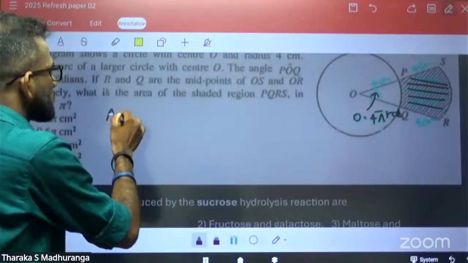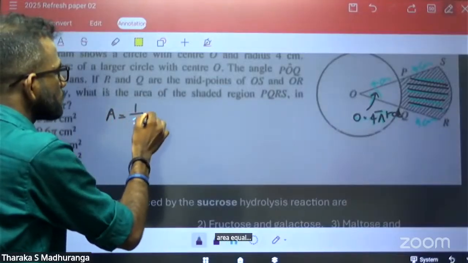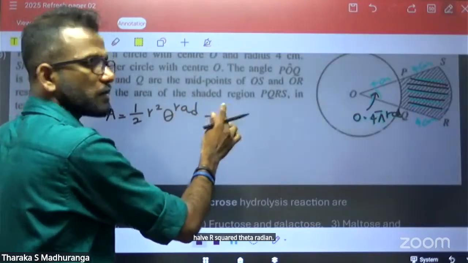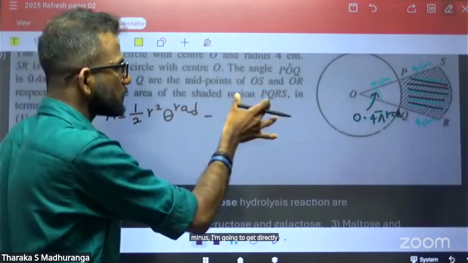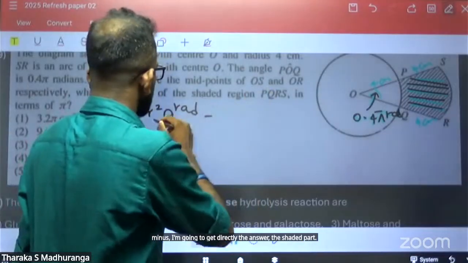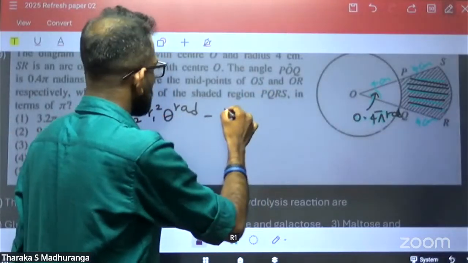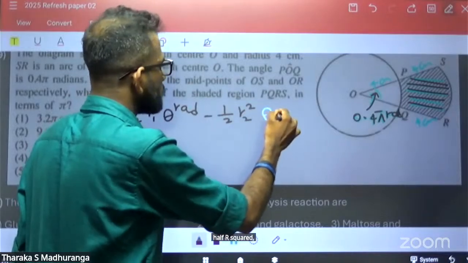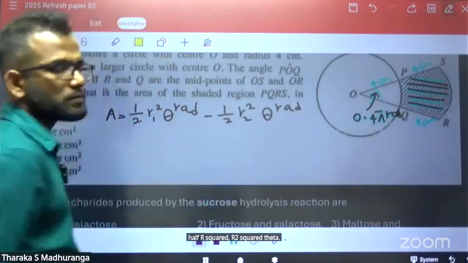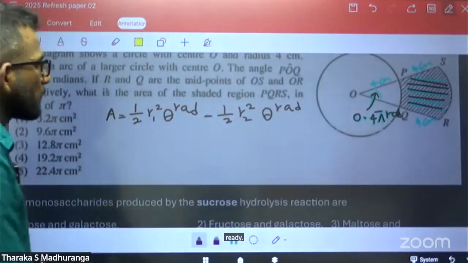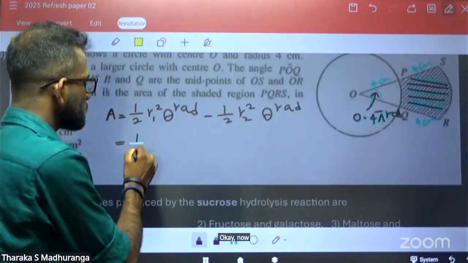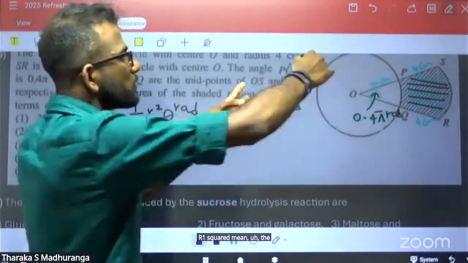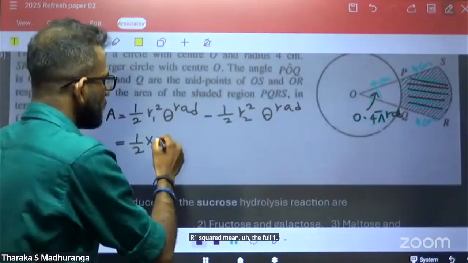Area equals half r squared theta radian minus... I'm going to get directly the answer for the shaded part: half r1 squared theta minus half r2 squared theta radian. Now half r1 squared means the full sector, it is 8 into 8,